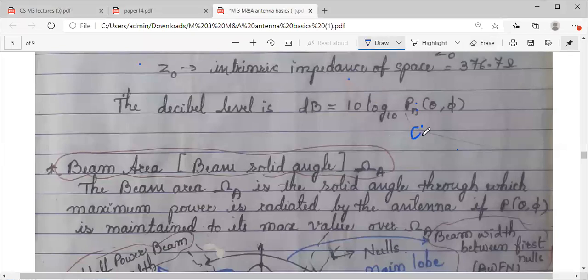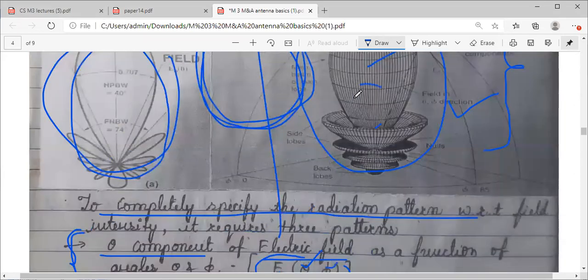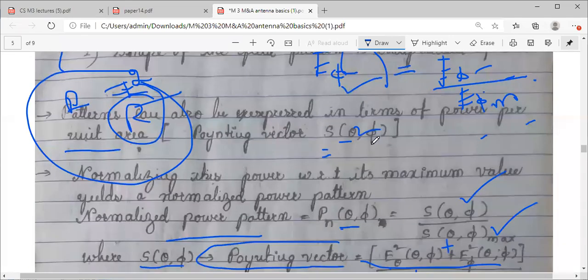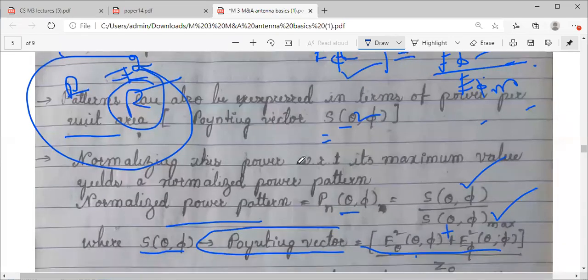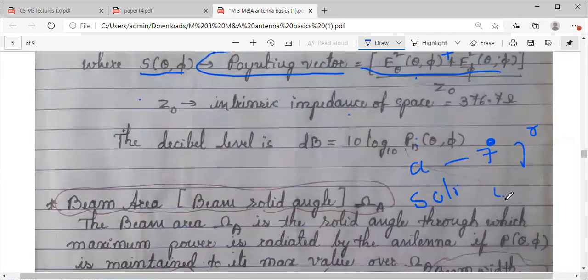Just like for angle, the unit is either degrees, or radians in terms of r. Suppose you have a solid angle. As I told you, patterns are not a 2-dimensional figure, it is a 3D figure. So whatever angle is subtended in the pattern, we cannot represent it in radians, because it is 3D. You have seen a cone, a sphere, it's a 3-dimensional, so the angle will be 3D. So for that I cannot use the radians term. I should go for solid angle, that is steradians.